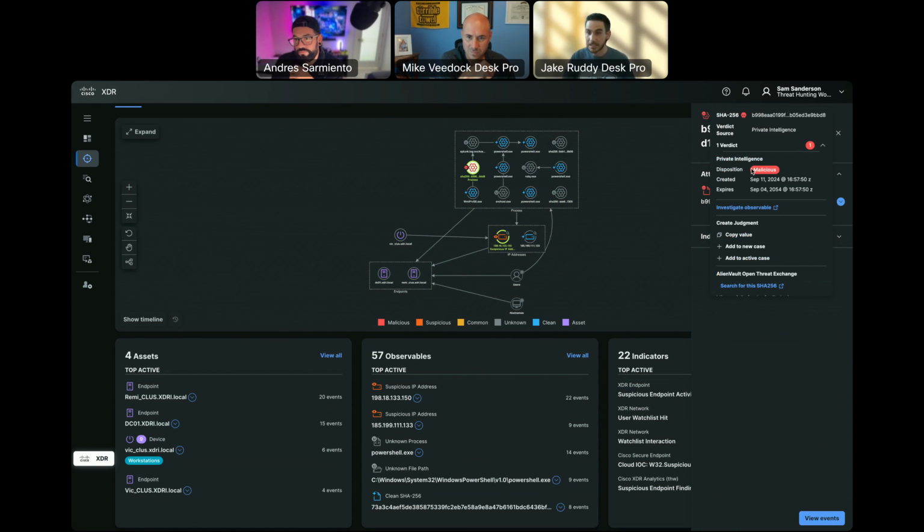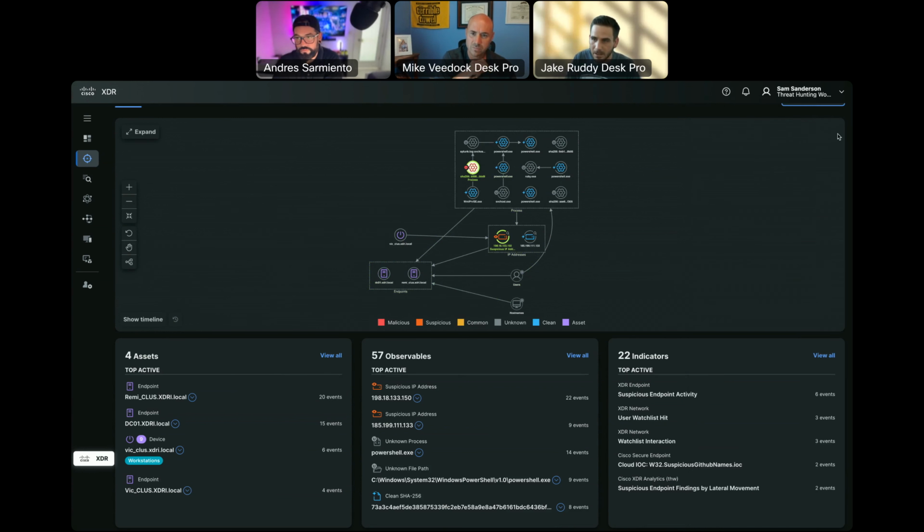My own private intelligence feed to say, hey, even though VirusTotal and Cisco and all the other big threat intel sources either don't know anything about this hash or say it's fine, to me, in my investigation, in the activity I'm seeing, I'm going to consider this particular hash as malicious. That custom rule, that custom private intelligence will be honored. It's now going to be displayed as malicious anywhere I see it in the UI, whether that's in the graphs or the table. Same goes for clean.